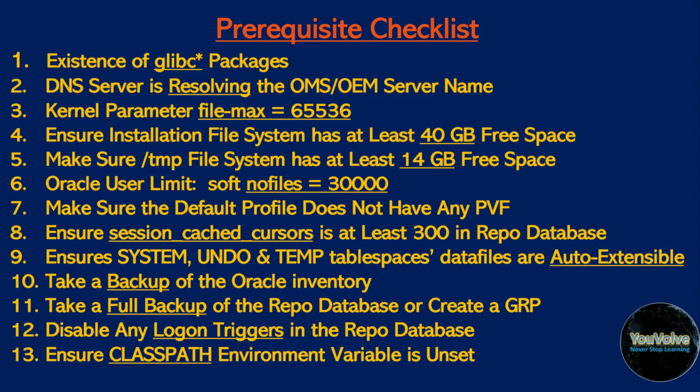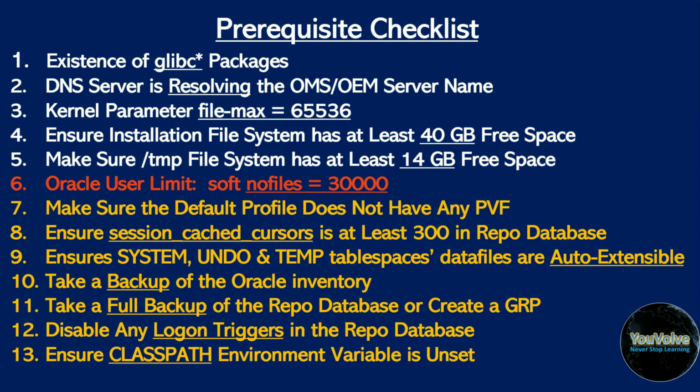As our repo database is a fresh one created in Oracle Enterprise Edition 19.3, many of the prerequisites have been already fulfilled. So these are: existence of the glibc packages in the server, DNS server is resolving the OMS or OEM server name, kernel parameters, file max is set to 65,536, ensure installation file system has at least 40 gigs of free space, make sure the temp file system has at least 14 gigs of free space, Oracle user's soft limit for the number of files is 30,000,